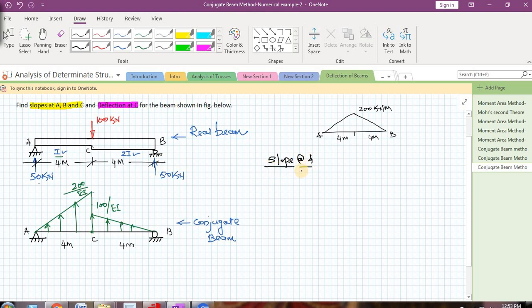Now to find slope at A on the real beam, you need to find what is the reaction on the conjugate beam. So let me mark those reactions. At A the reaction will be downwards, and at B also the reaction will be downwards, because the loading on the conjugate beam is upwards. Now let me call this, say, VA, and let me call this, say, VB. So the slope at A,